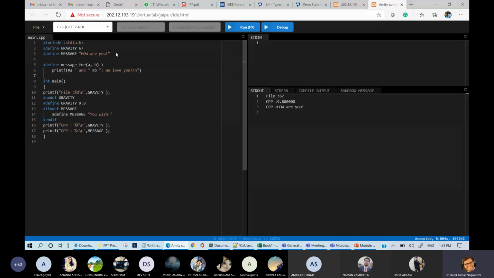So this is our macro and it is defined. Slash is written, so there is no problem. If you are not writing slash, then it will create some problem. So hash A and hash B. If you want to type this, what will happen? This is message for, MESSAGE message underscore for. Now I am writing